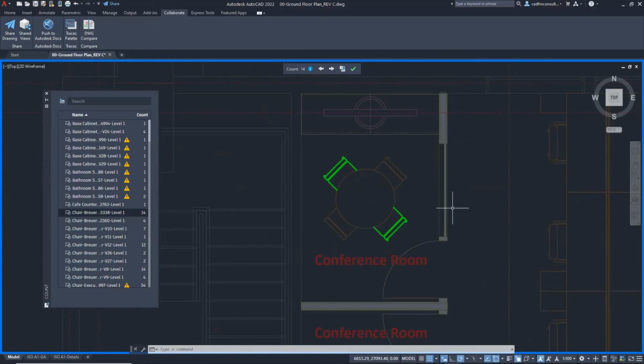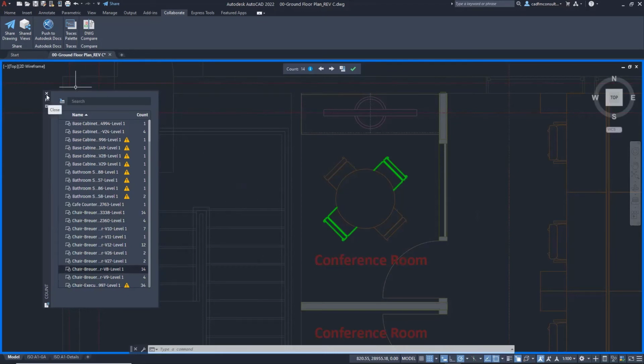It's the equivalent of what we had back in the day when we had paper drawings, and we used to sit there with our Stabilo highlighters of all the different colors, highlighting each different block on a drawing. A bit like that. But the benefit is you can output all of this information as a count field. If you put an AutoCAD table in the drawing, you can insert the count. For example, that particular chair has 14 instances of it, so you can list that count of 14 in a table against that particular block name.